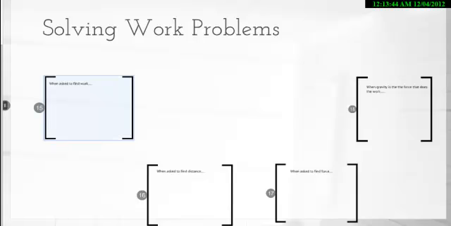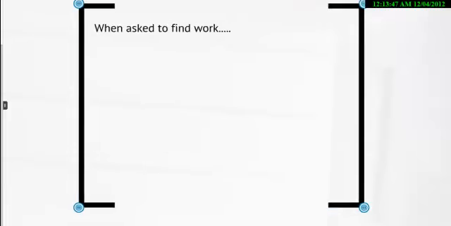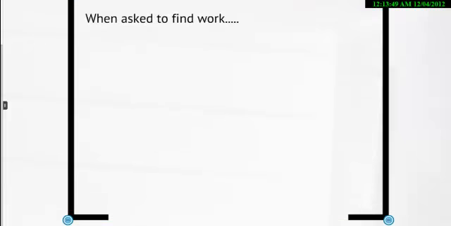Okay, so finally, solving work problems. We're going to go through 4 different types of problems. Okay, the first type of problem is when they give us the force and the distance, and they ask us to calculate work. So this would be a question like, you apply